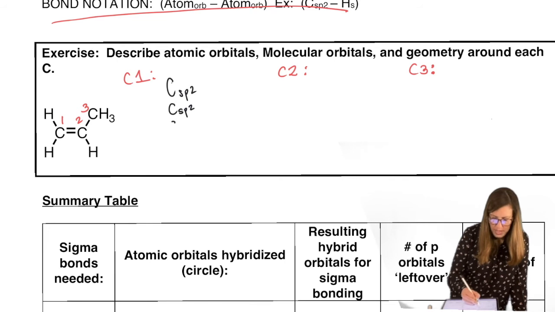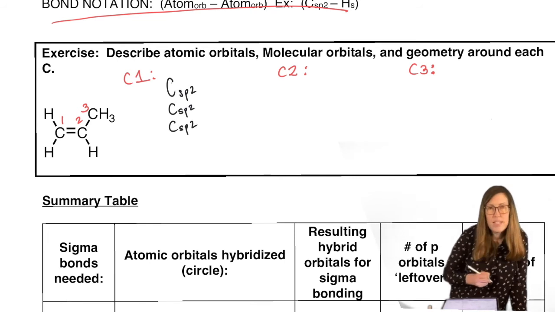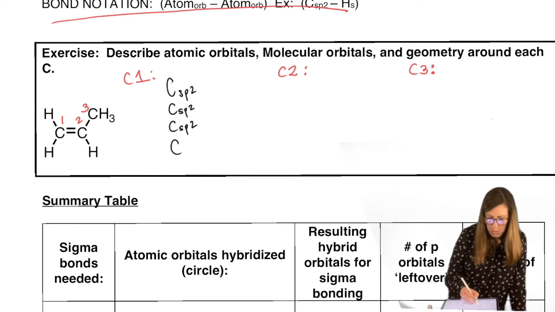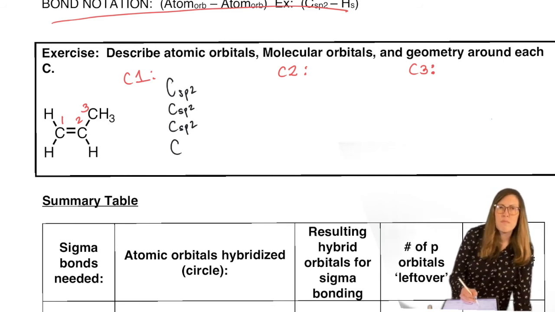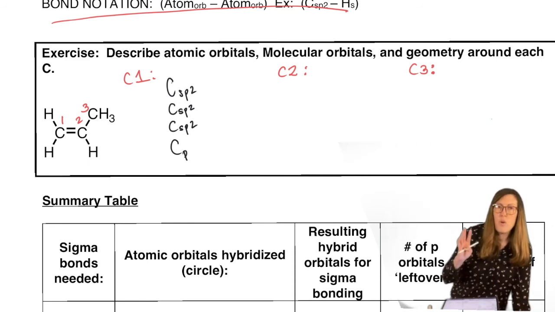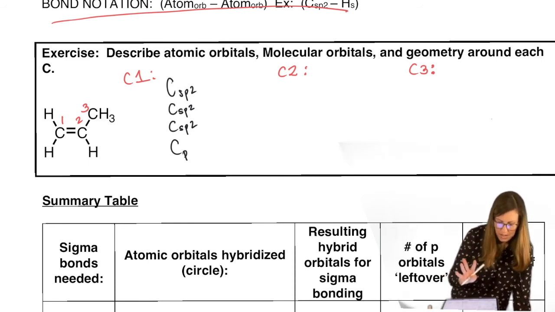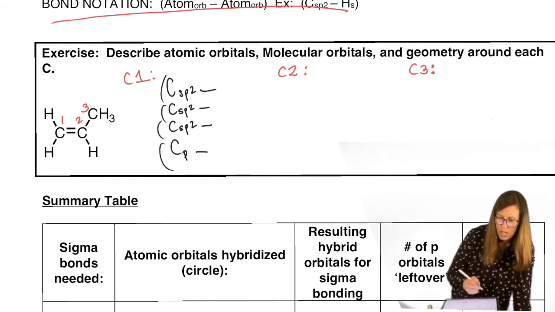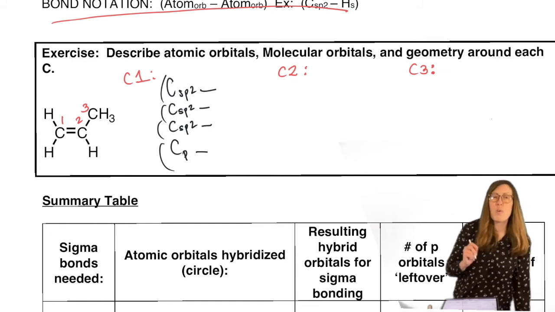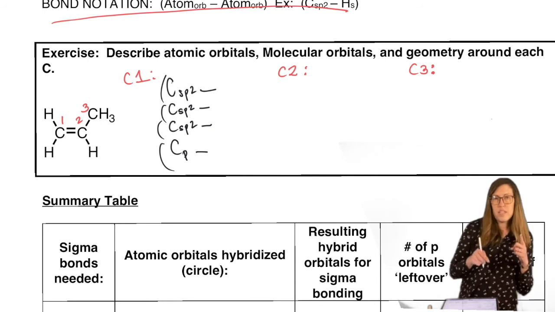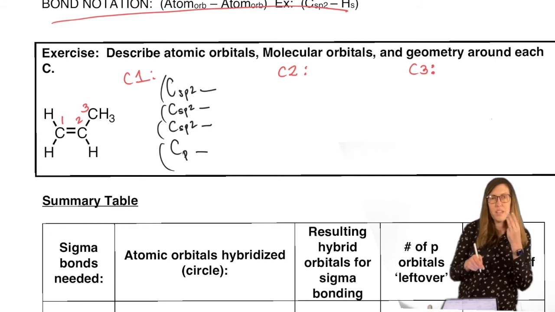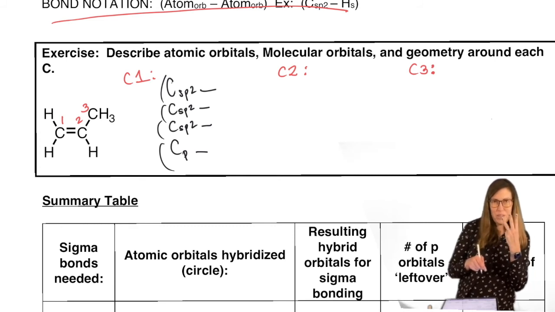3 of them, because it's making 1 pi bond. So you're going to have Csp2 listed 3 times, plus, what's that last bond carbon 1's making? A pi bond, right? P. So you always list carbon 1 4 times, and here's our parentheses, and then you say what it's bound to. But that subscript will be different depending on what orbital it's using. Since we know it's making 1 pi bond and one of them's a p, and because it's sp2 hybridized, the other 3, using 1 s and 2 p's, hence 3 orbitals, make 3 sigma bonds, right?